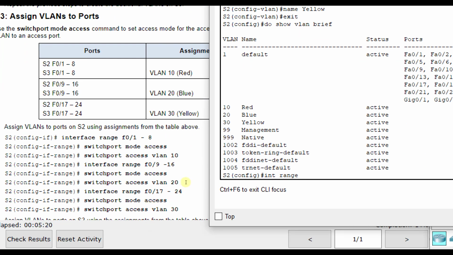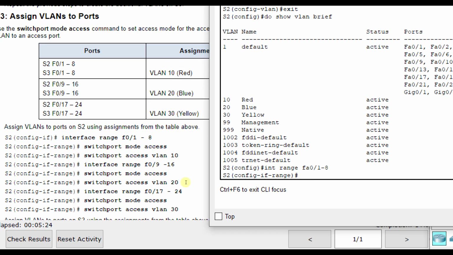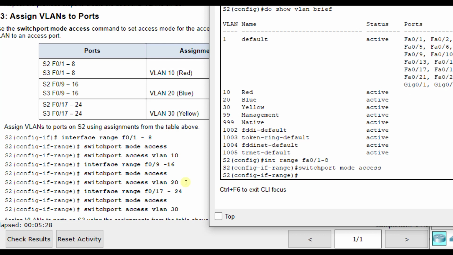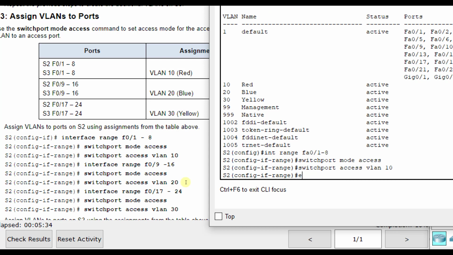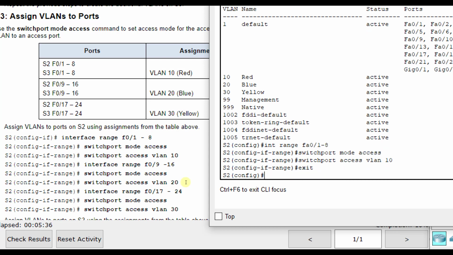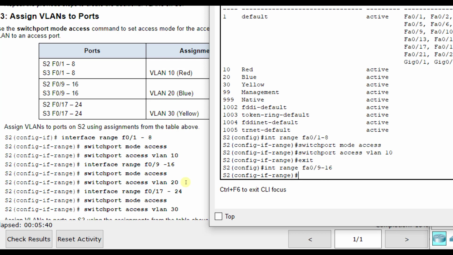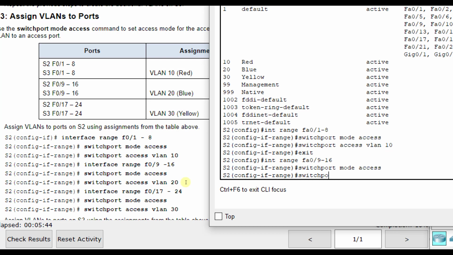All right, interface range, they want FA0/1 through 8, and we're going to do switchport mode access. It puts them all, 1 through 8, in access mode, switchport access VLAN 10. So all of them will be in VLAN 10. Interface range FA0/9 through 16, switchport mode access, switchport